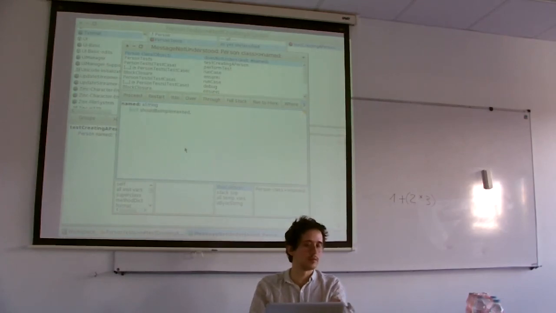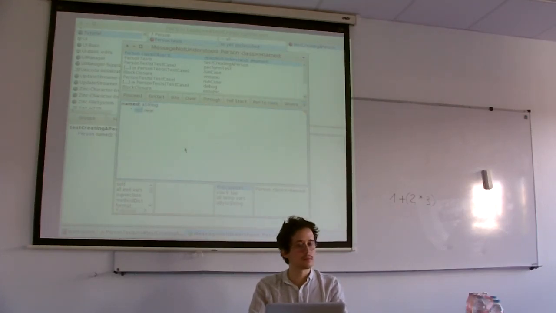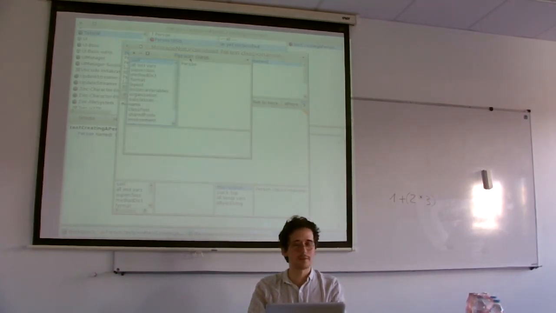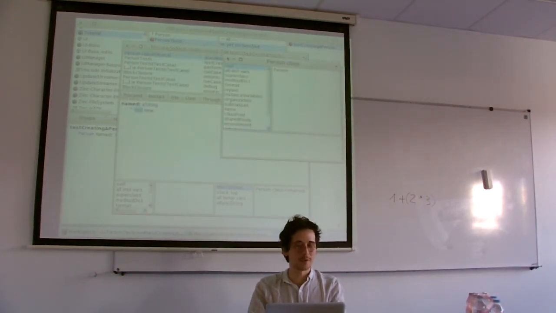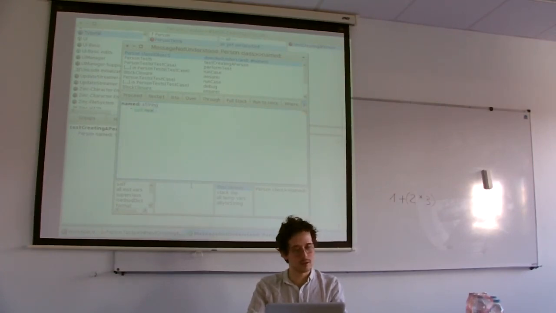The default implementation says this method should have been implemented. And I will return self new. So self here is a class. Inspected? Yes, you can inspect it. Yeah, so you can evaluate things inside the debugger while you debug. So here I say okay, a person. Okay, I will set his name to a string. I use a colon, and I return yourself. Yourself is a message